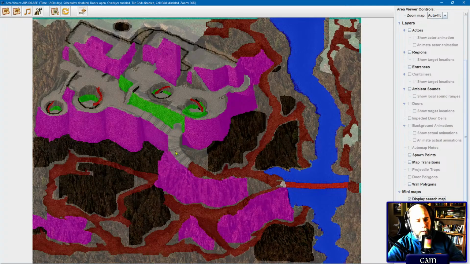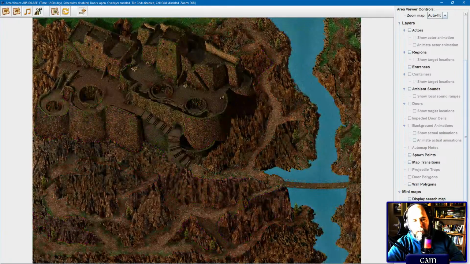You get stone footsteps here. So the search map broadly tells you where you can and can't walk, and then what walking sounds to use. So that's the search map. The light map